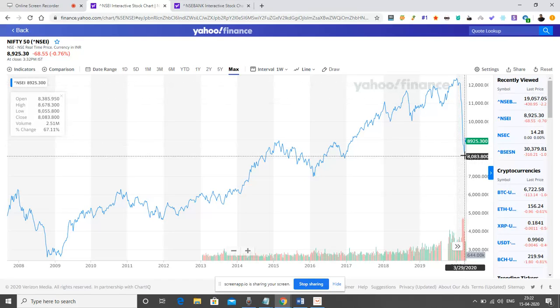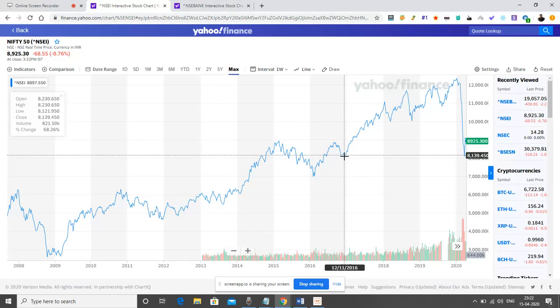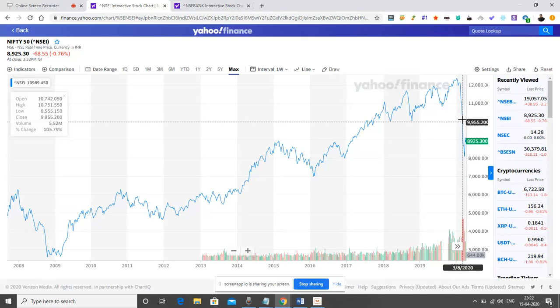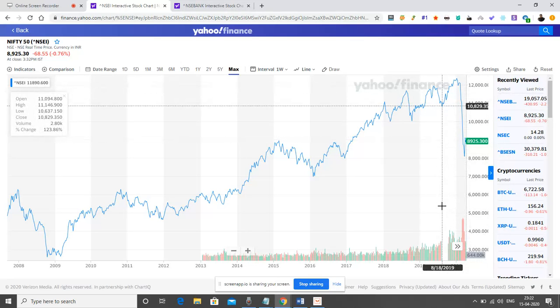Which is nothing but the average of the previous resistance, and the same resistance acted as a support for the previous session, and it became the support position for the current scenario. So that is why the graph moved up for a little time, but the slope is so steep. So this upper side movement is not going to continue for a longer time. It will fall down in the next 2 weeks, and once it falls down, it will fall till